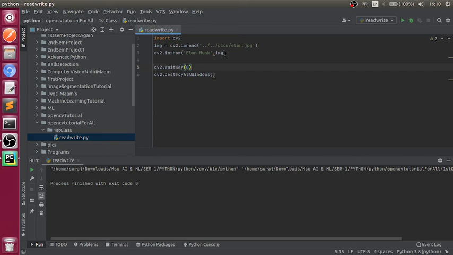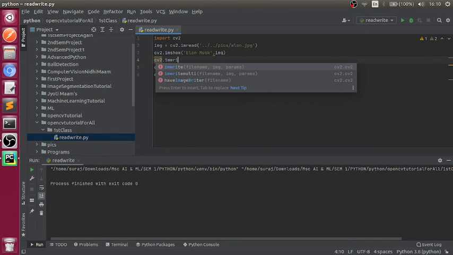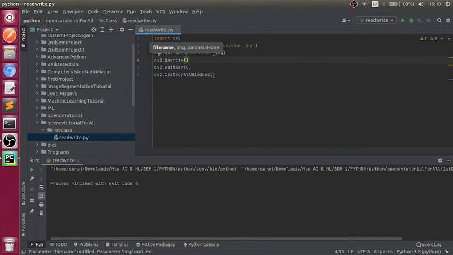Now our next part is how to write. For writing, you have to use cv2.imwrite. What happens over there is you pass where you want to write.